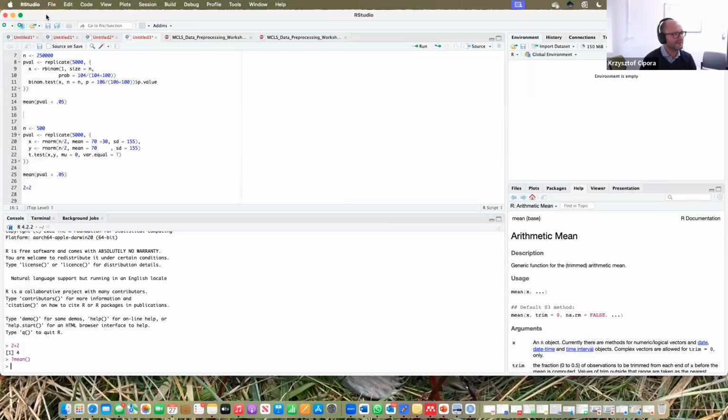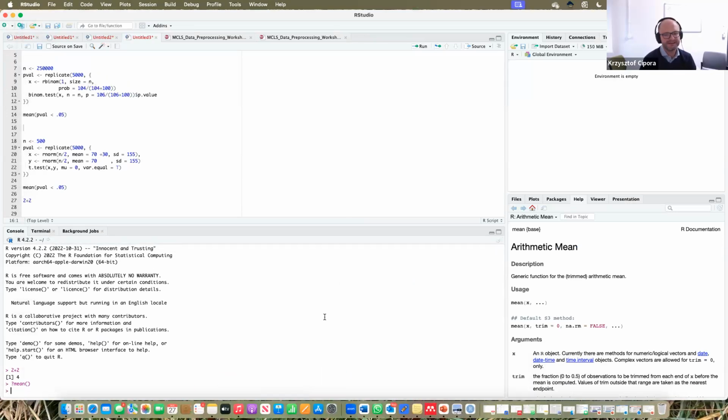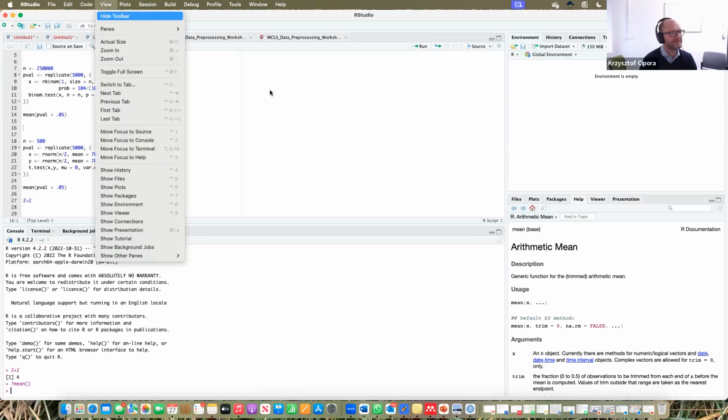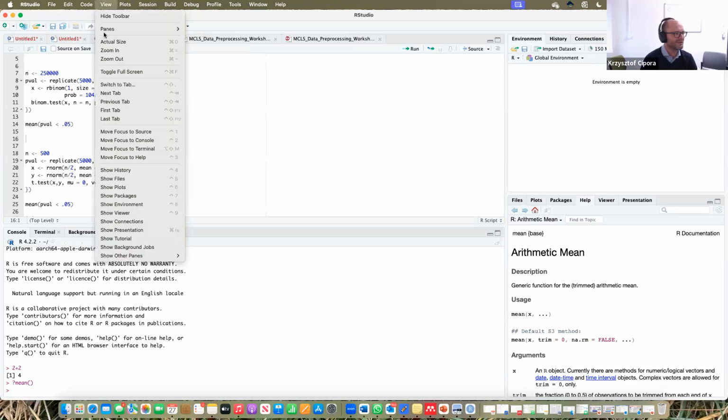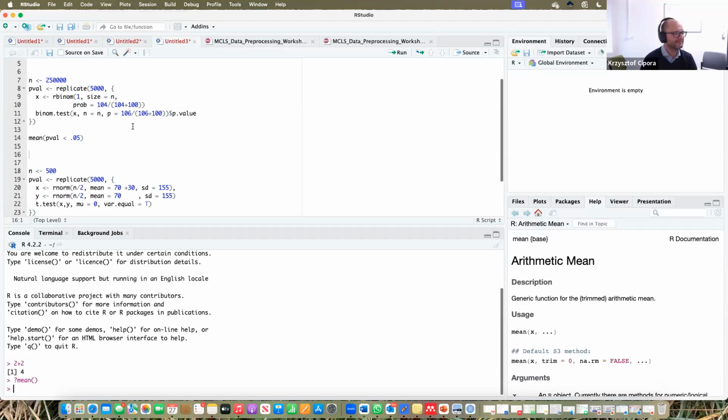Okay, so I have a question for you. Is it more or less visible, or should I make the font size a bit bigger? I think a bit bigger would be better. Okay, so you can also see that it's possible in RStudio. You go to View and you select Zoom In. Probably once more. You can also use the keyboard shortcuts,